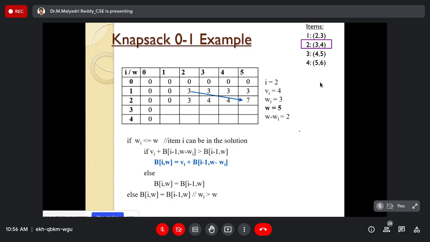Okay, next choose the third object. Choosing the third object, 4, 5. Weight is 4 sir. 1, 2, 3. These three values do not change. Yes sir. No logic. Because its capacity, its weight is 4 only na. Yes sir. Okay, fourth object.